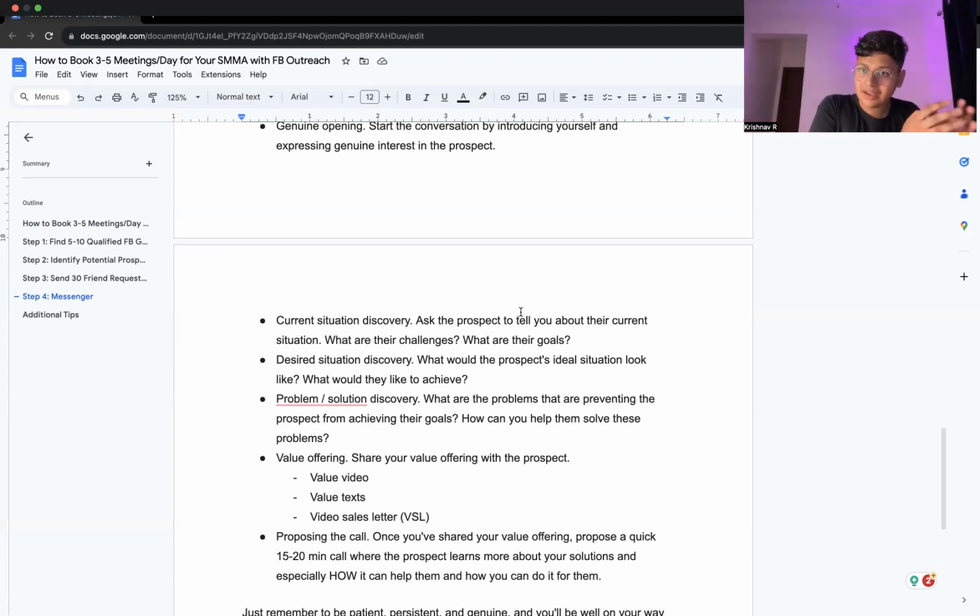This is part A. Now we want to know part B, their desired situation. If they are here, they obviously want to be somewhere there with their goals, and this is the entire journey in between. If they are here, we want to know what their desired situation is. Now that you are aware of the current situation, as a brief, where they are at, even in terms of revenue numbers.